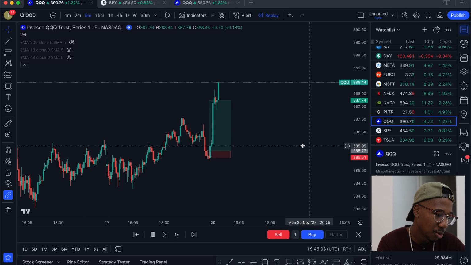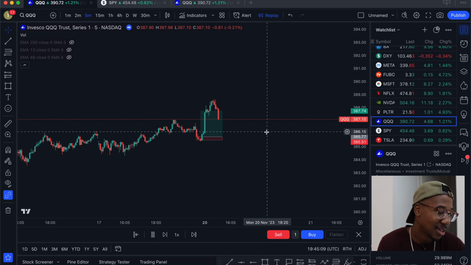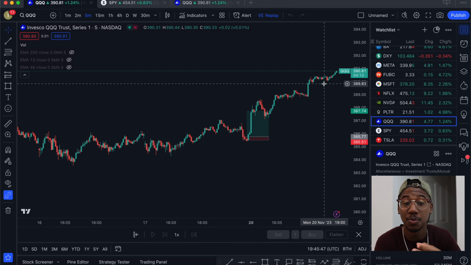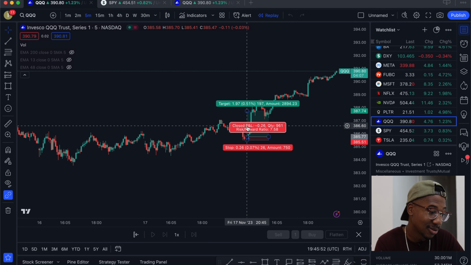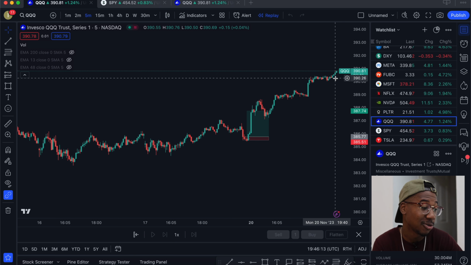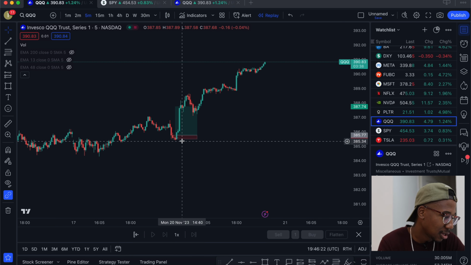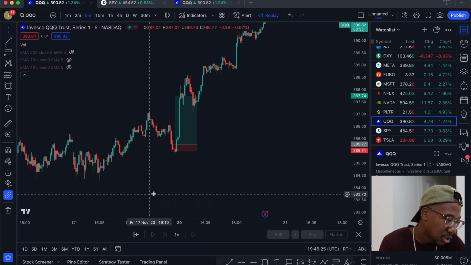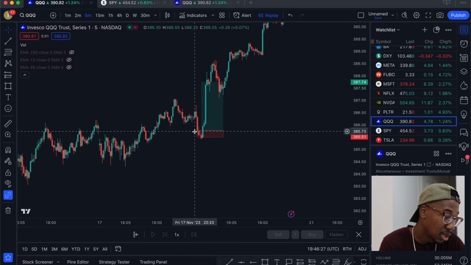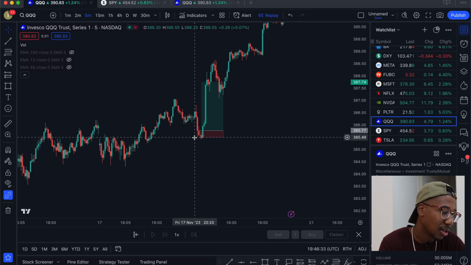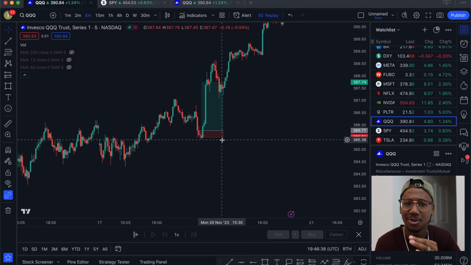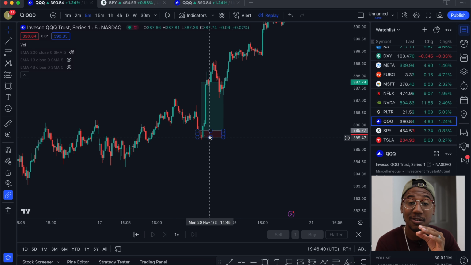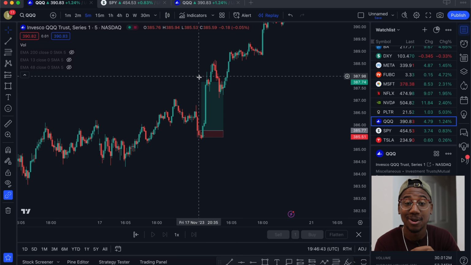And we got a little pullback, but it continued to ride up. And personally, I would have been out by now, but if you're one of those people who had the guts to hold all day with your runners, hey, that would have been $80 into, I'm sure this is worth almost $400 now. So again, this play was a sweep of liquidity. It came down, it swept liquidity, took it out, and then it quickly reversed. This is my favorite kind of play, just because you're able to get amazing entries, you're able to ride the momentum and get out when it's over.